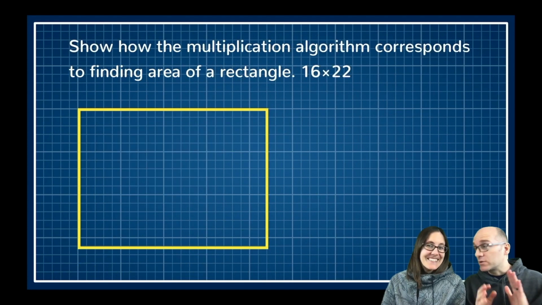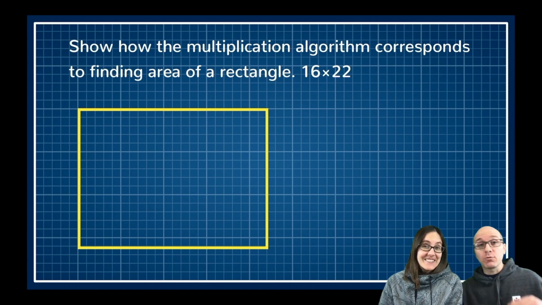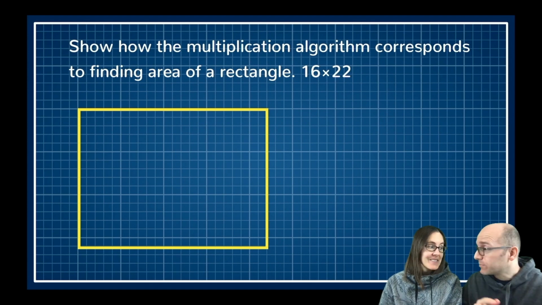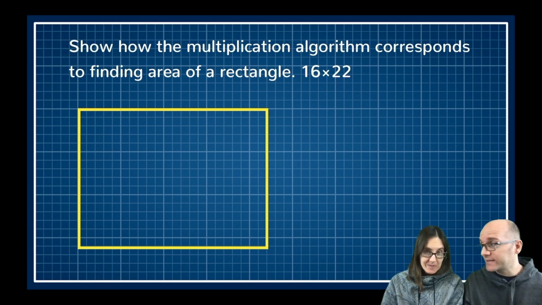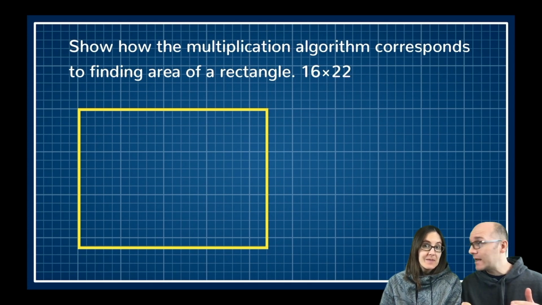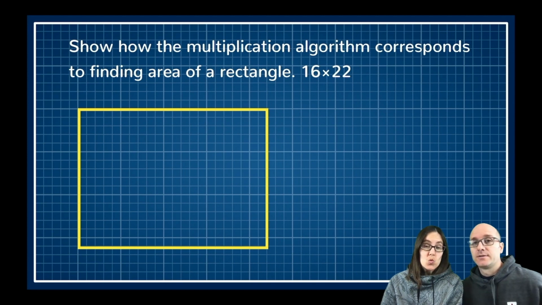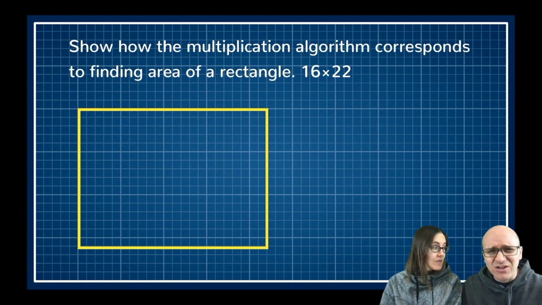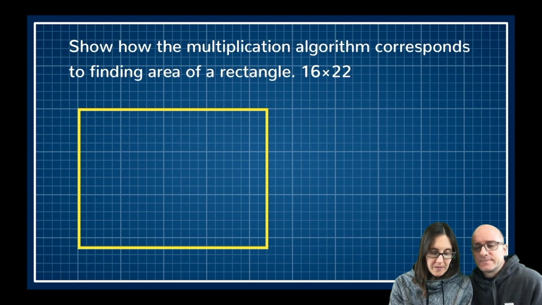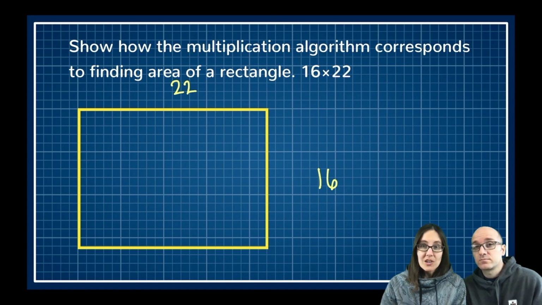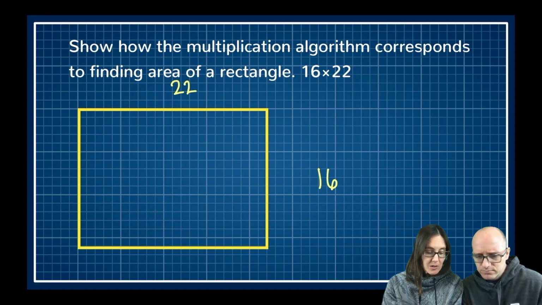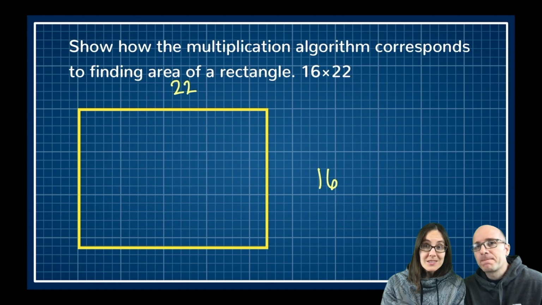All right, Science Mom, it's your turn to demonstrate that you understand what we've covered today. In this problem, you're going to show how finding the area of this rectangle is the same as multiplying 16 by 22. That's 16 units tall and 22 units wide. Okay, so I have 16 tall and 22 wide. I'm going to change colors real quick because I think it's easier if I break it up by color. So 16 is the same as 10 plus 6.